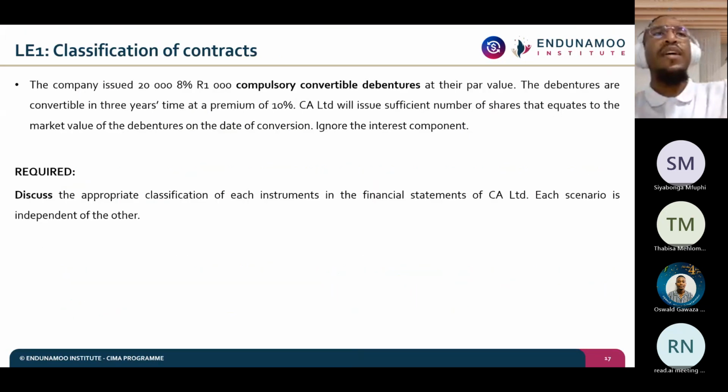The third scenario here, where we talk about the issued 20,000 8%, 1,000 Rand compulsory convertible debentures at their par value, and these being convertible at a premium of 10%. And we get told that CA Limited will issue a sufficient number of shares that equates to the market value of the debentures on the date of conversion. In this case, because in settlement of the debentures, the entity will have to issue a variable number of shares that equates to the market value of the debentures,